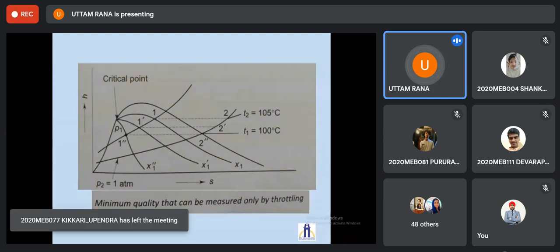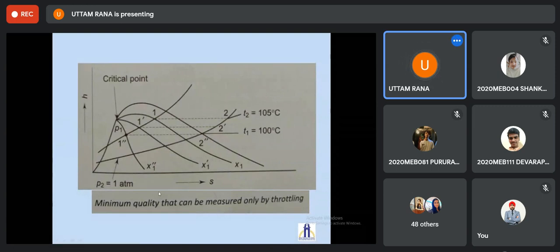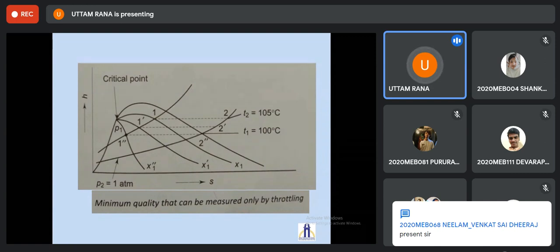Fine. So we can see here when the inlet steam quality is X1 double prime, we cannot basically measure the quality of the steam, right? Because H2 is also in the saturated region. So in that case, pressure and temperature are coupled. They are not decoupled. So we cannot get the value at that state, right? Or if it comes inside, we cannot measure it. So we can say that a minimum quality of the steam is required in this process to find the quality of the steam.